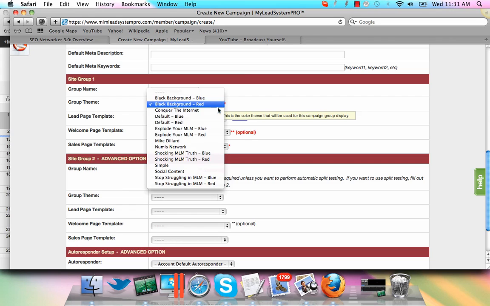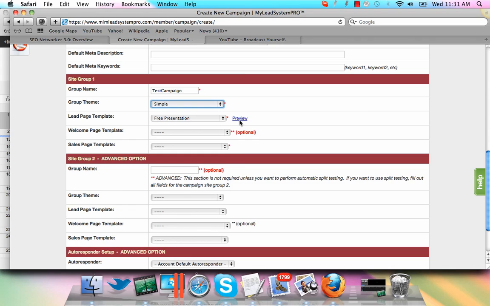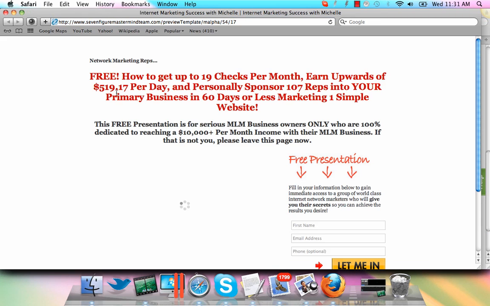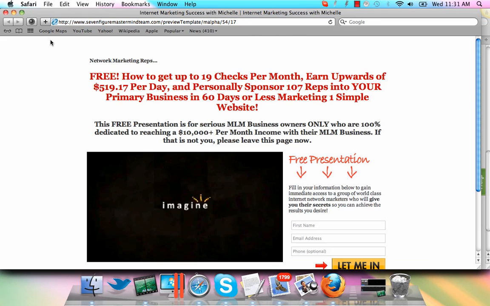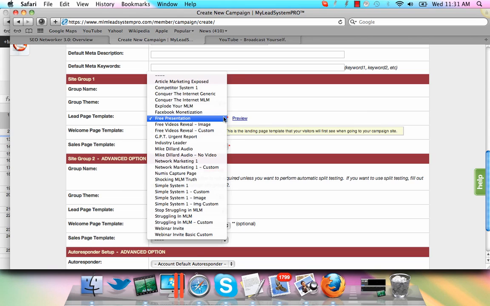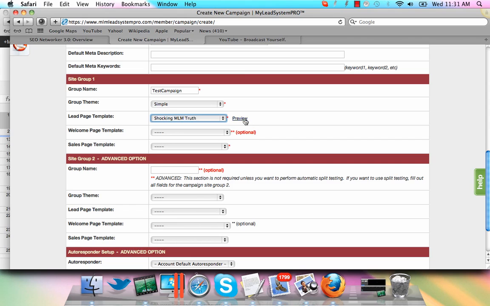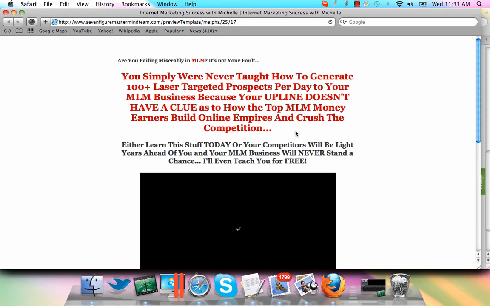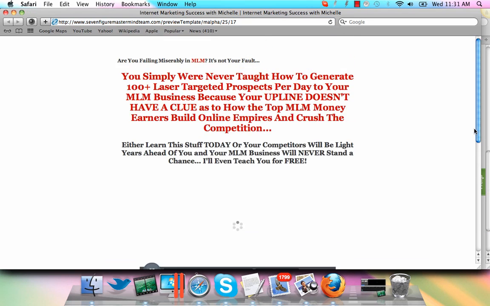Or if you don't like that, you can come up here and pick maybe the simple one. And you can preview it again, and notice how it's got a white background now. So that's how you can take a look at the different group themes up here that you can change up. And again, if you want to change maybe to Shocking MLM Truth template, you just click preview. And this is going to be the capture page that people are going to see